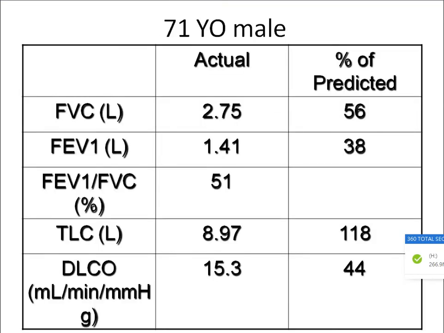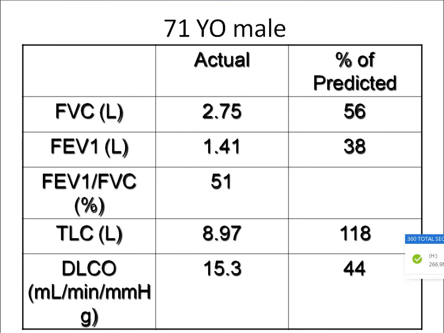One more flow chart. A 17-year-old male patient with an FEV1 by FVC ratio of 51. So FEV1 by FVC is diminished. You see again FVC 56%. So there is obstruction. FEV1 by FVC ratio decreased means obstruction is present. FVC is also decreased, and FEV1, forced expiratory volume in the first second, is 38% predicted. That is also decreased, and it is not proportionately decreased with FVC. So definitely obstruction is present, and this is about moderate obstruction.